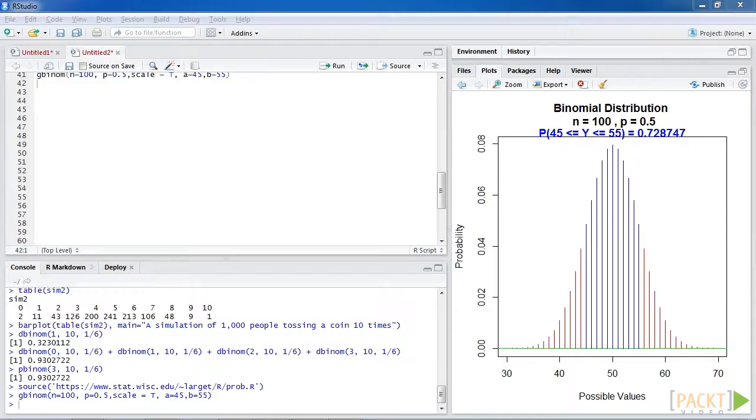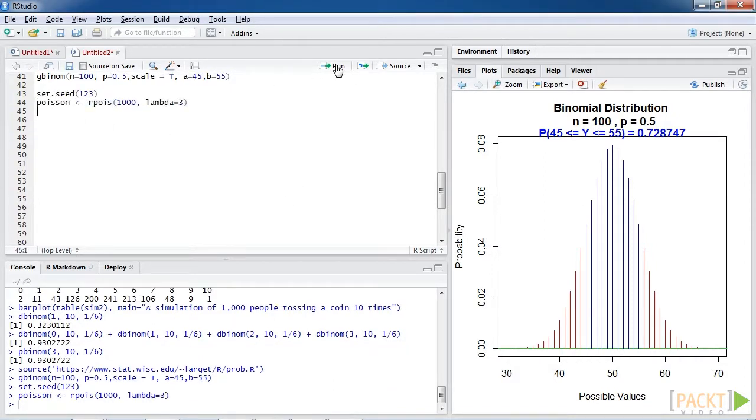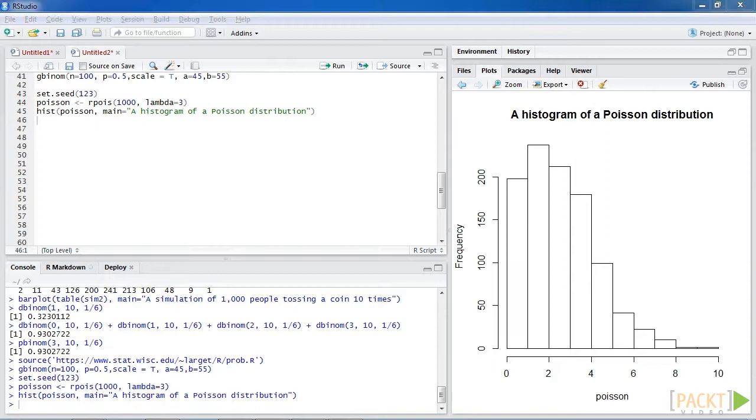So let's start. Similar to the normal distribution, we can use rpois to generate samples from the Poisson distribution. We can also plot sample data from a Poisson distribution into a histogram using the hist function. Here you can see the histogram. We can then obtain the height of the distribution function at x equals 2. We use the dpois function and we can see here the height is